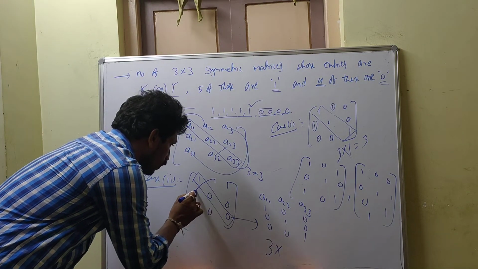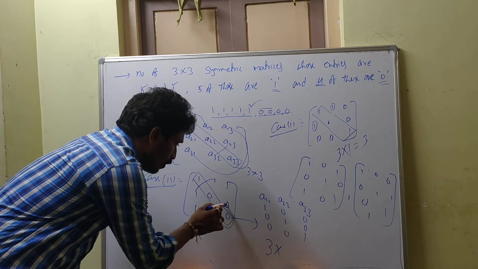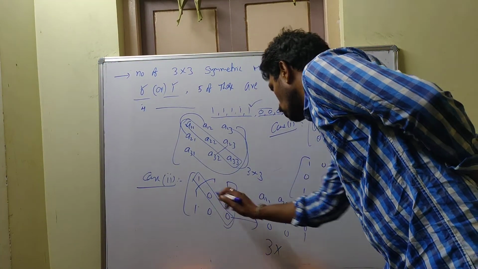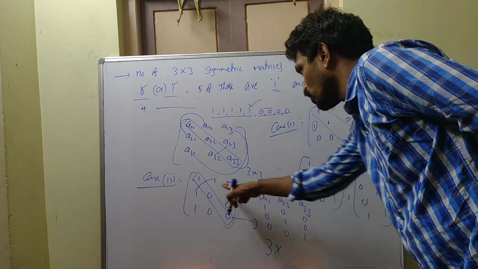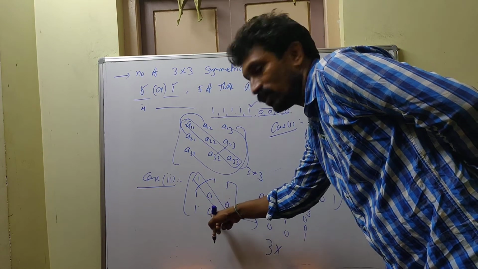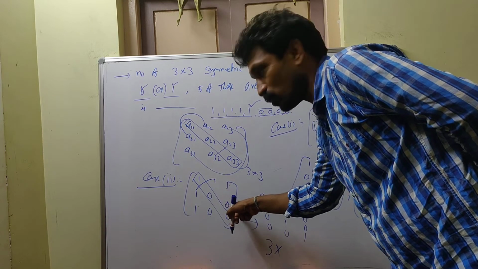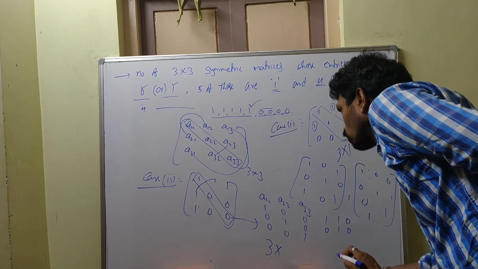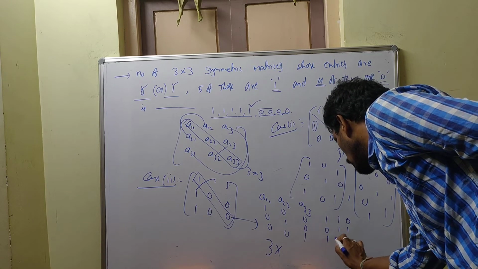Here we can fill with 1, 1 or 0, 0. We don't know. Here 1, 1 or 0, 0. Here 1, 1 or 0, 0. How many possibilities, once you check it out? So let us take this as 1, 1, 0 positions. Here also I am taking 3 positions as 1, 1, 0. Same, we can fill with these 3 positions. Just examine these 3 positions. Those may be 1, 1, 0 or 0, 1, 1 or 1, 0, 1.